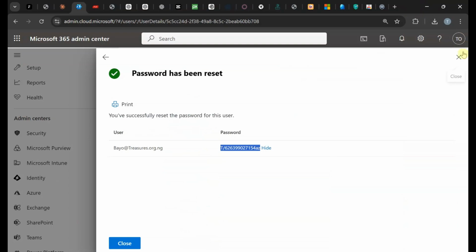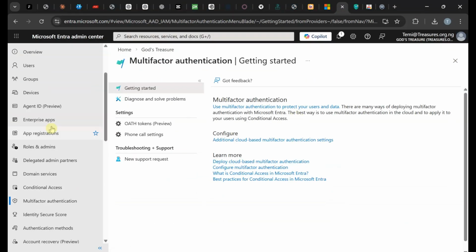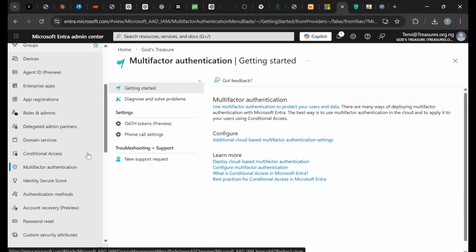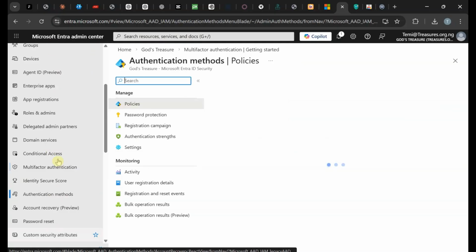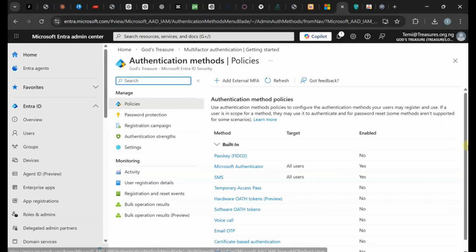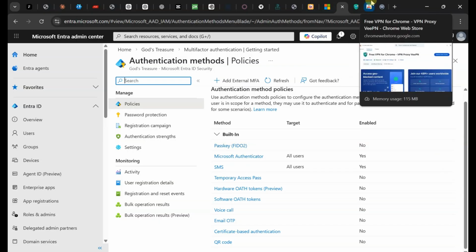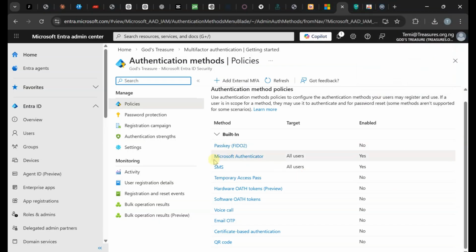Now another thing is, in the organization I could decide that I don't want them to use SMS. Scroll down, authentication methods, from the Entra ID authentication methods. Now can you see that Microsoft Authenticator is allowed? Yes. SMS is allowed? Yes. And that is why you could see that option in that user at that first point when they were trying to authenticate. You could see SMS and you could see